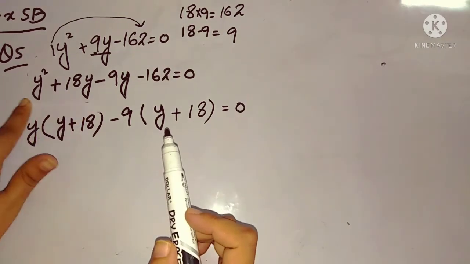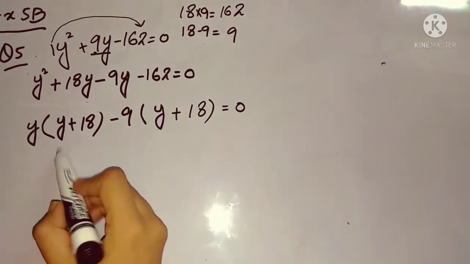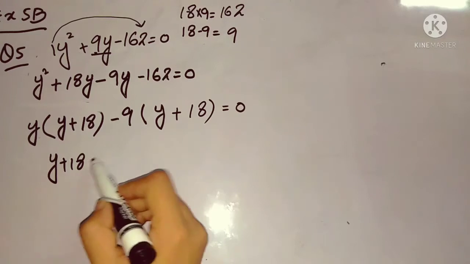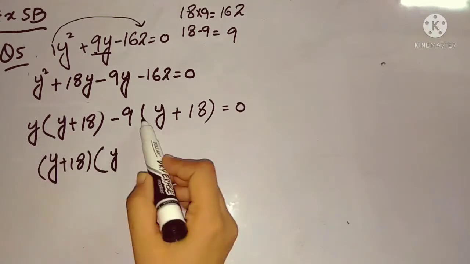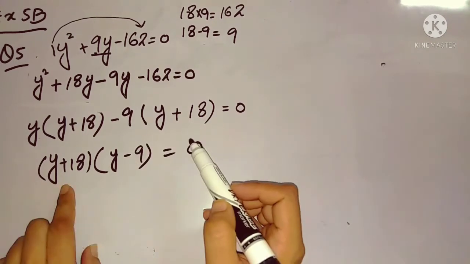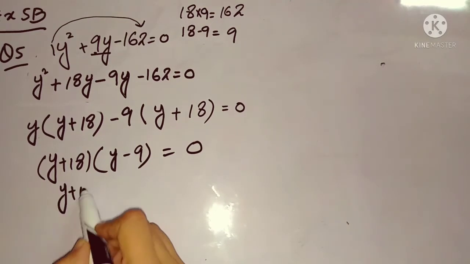Now this is minus, so what will you take? You will take minus 9 common, because 162 is also divisible by 9. So here y is left. As you have taken the minus sign common, the sign inside the bracket will also change. So it will become plus 9 ones are 9 and 9 eights are 72. When you multiply 9 with 18, you will get 162, equal to 0.